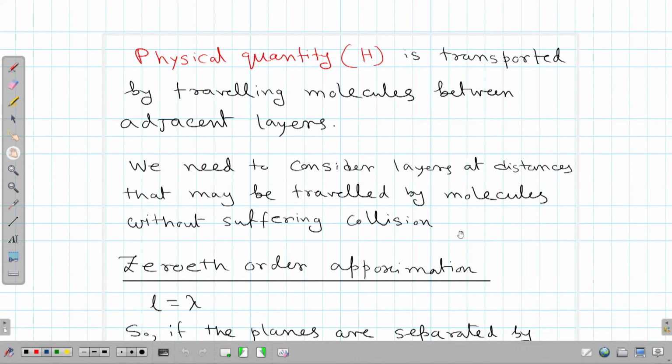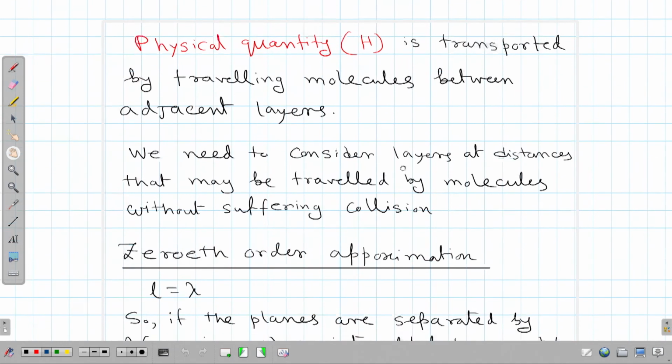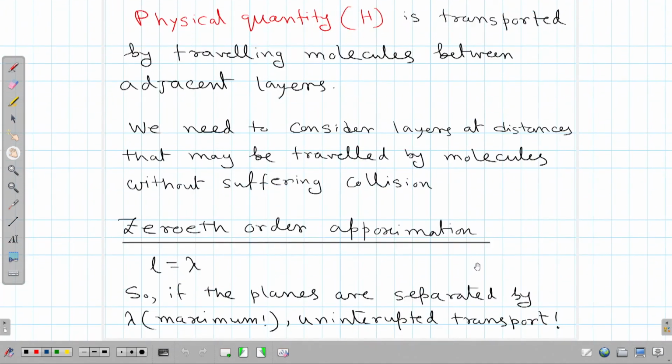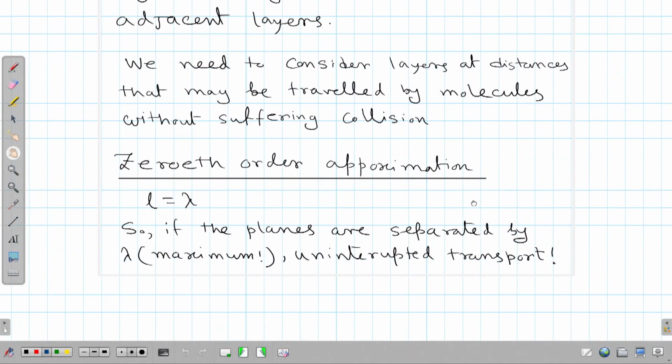Okay, we will do that in a moment, but first let us quickly understand that physical quantity H is transported. Whatever I have said is written here, is transported by molecules between adjacent layers. Now,